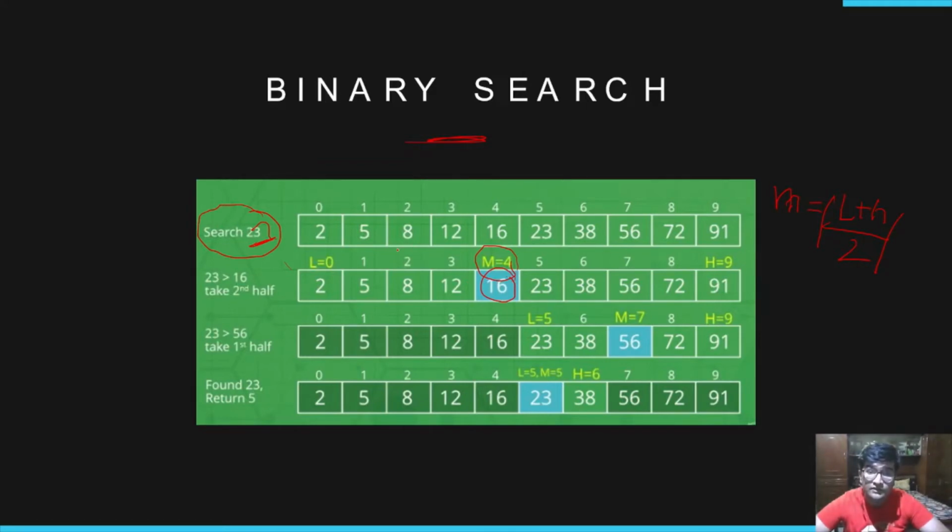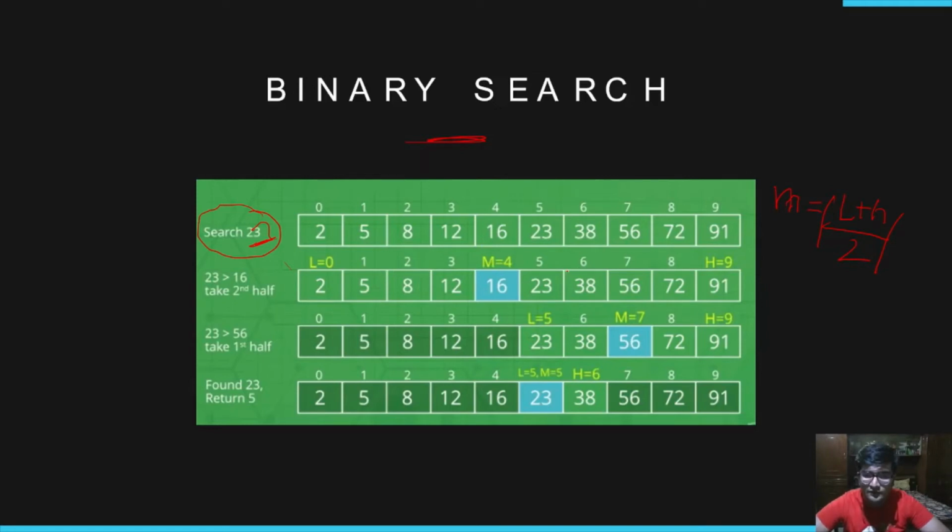First of all, I missed this: we need to have a sorted array for this kind of approach. For binary search, we need a sorted array to search with this technique. So we have the sorted array, and then our number will be compared with the mid. If it is greater than the mid, then we'll search in this subarray, or else we'll search in this subarray. Right now we have 23.